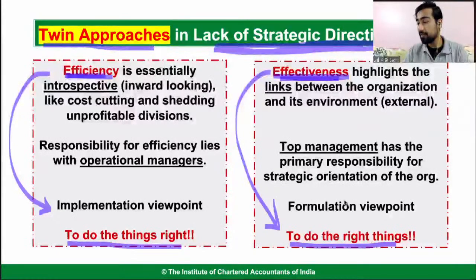Give me an example. Think of an example of efficiency and effectiveness. Try not to be political. Refrain from using political examples. Think of any other business related, life related, your personal life related example to understand this. Efficiency means to do the things right. Effectiveness means to do the right things. Think of an example. Tell me.